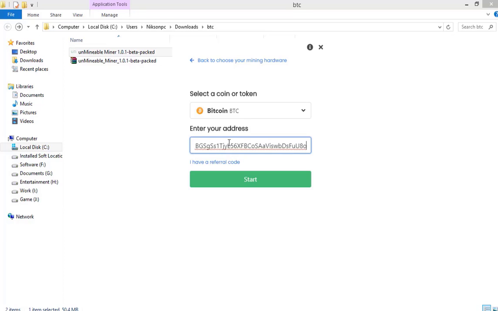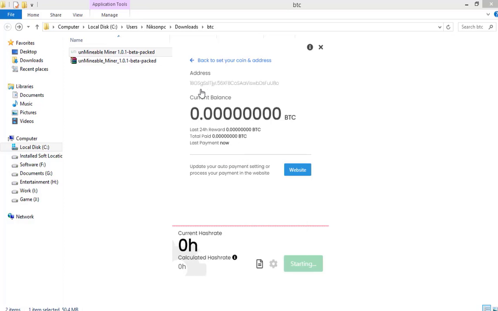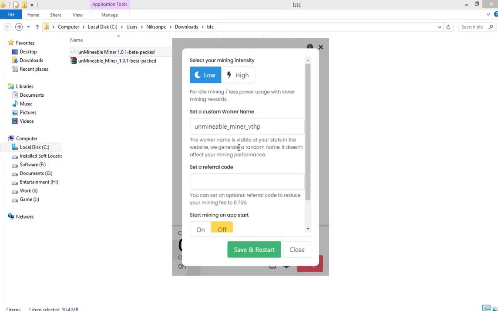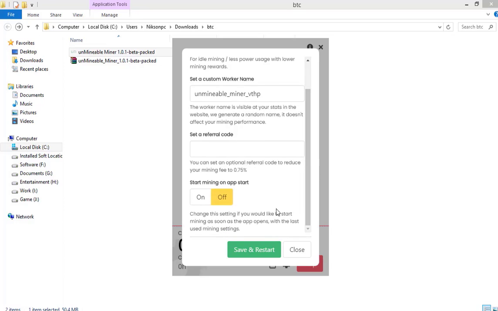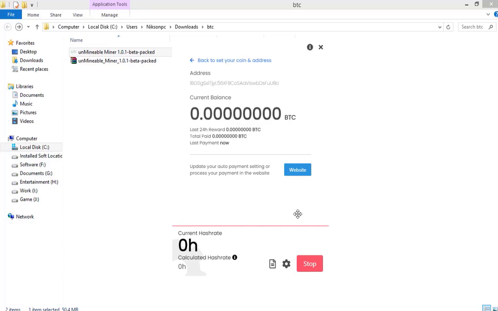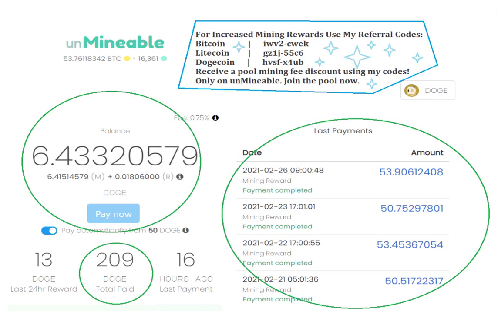It will start mining the bitcoins depending on the power of your CPU. You can see here, if you want to make it high, you can do it high, but if you have a powerful PC, you can leave it just as it is and leave your PC, and it will do the mining automatically and be able to give you payment. So this is the easiest way. Without doing anything, you are able to earn Bitcoin.